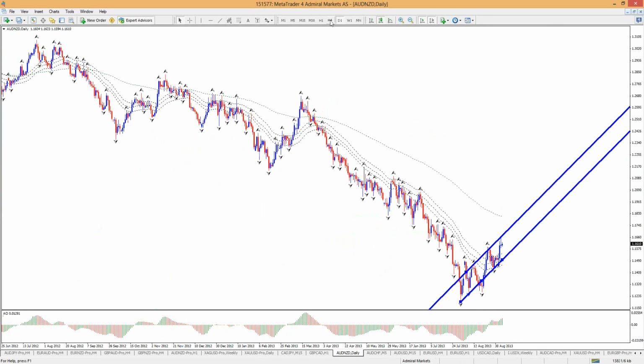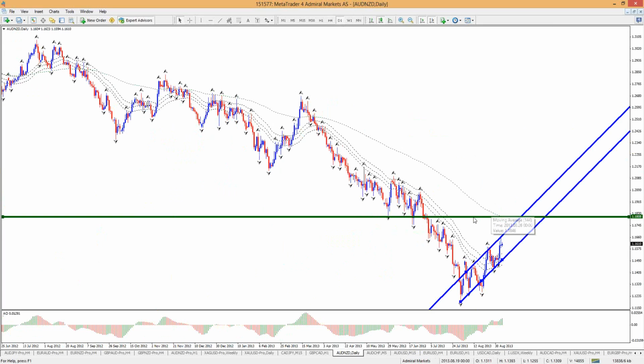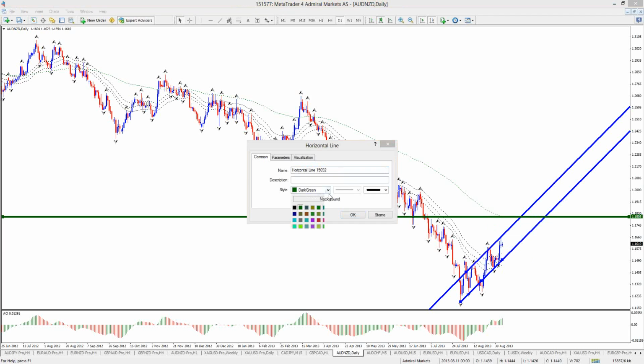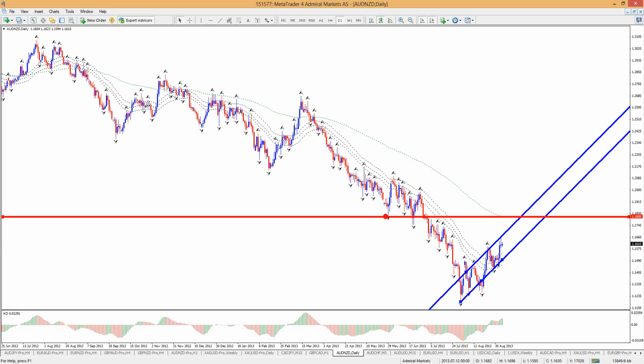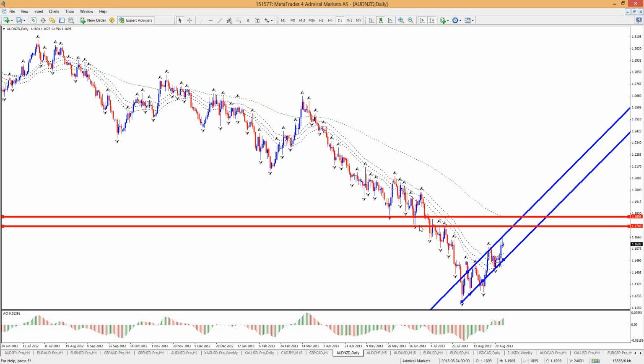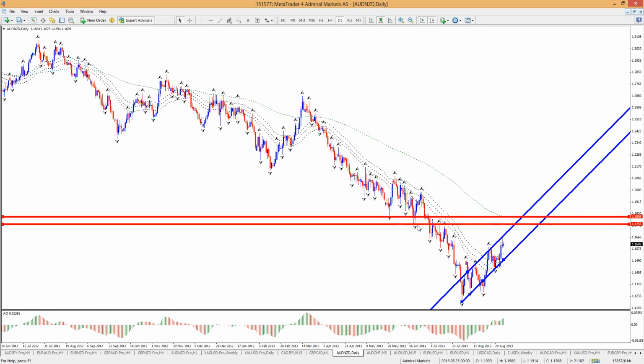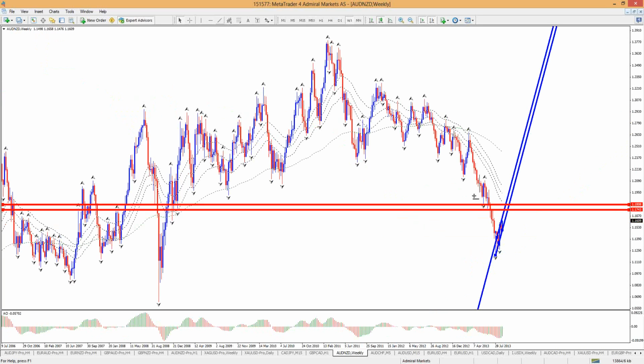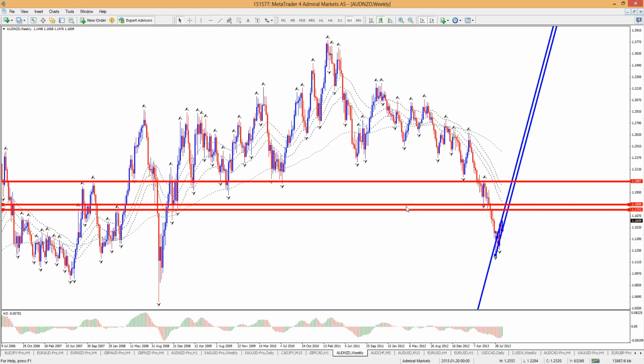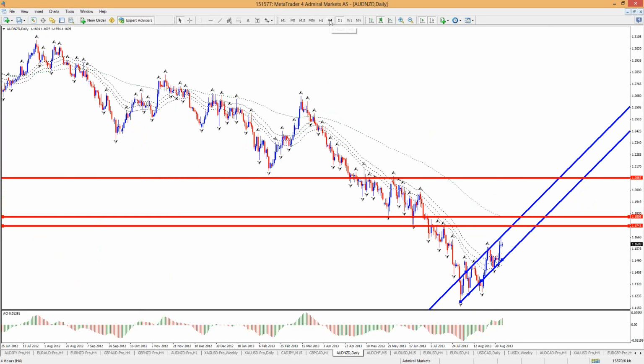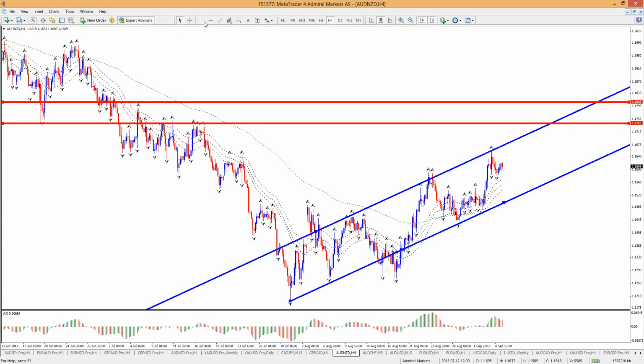Okay. Now I do want to put a red line at that target, what I think is a target here, or at least for sure it's a resistance. To phrase it conservatively, it's definitely resistance, right? Because not only is it a big top, well, we can maybe even put a red line here as well, because there's a top right there and also a bottom here, and a red line way above, but that's higher. That's the weekly. Anyhow, so those are levels that we want to be careful of,